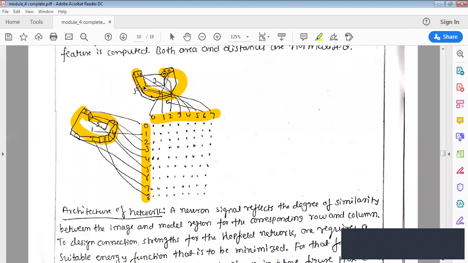This is 3. Once again, this is 3 and this is 1. 1 and 3 will not match. Similarly, 1 with 1. This is 1 and this is 1. 1 and 1 are closely matching. It will become 1. So if, let us say, this 1 matches with 6 also, then for 6 it will be given 1. So objects which are matching, similarly, almost similar, will be given the value of +1.